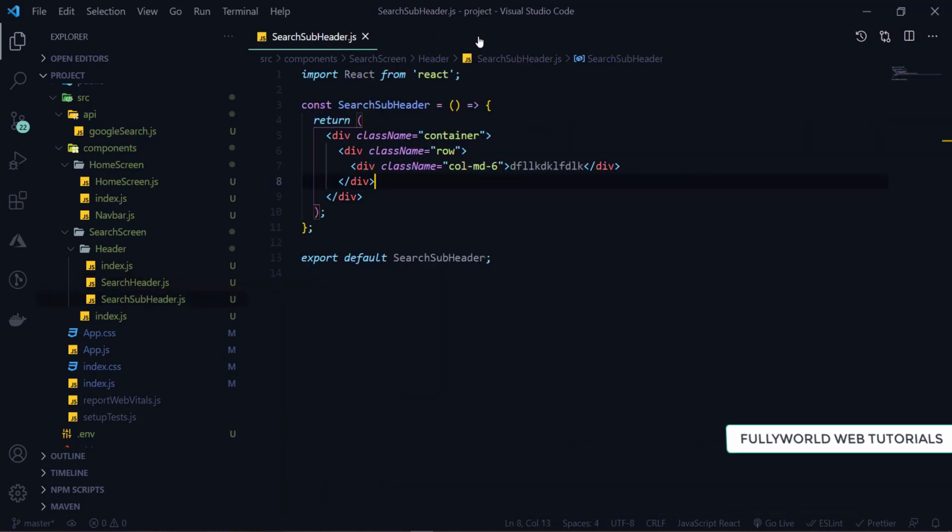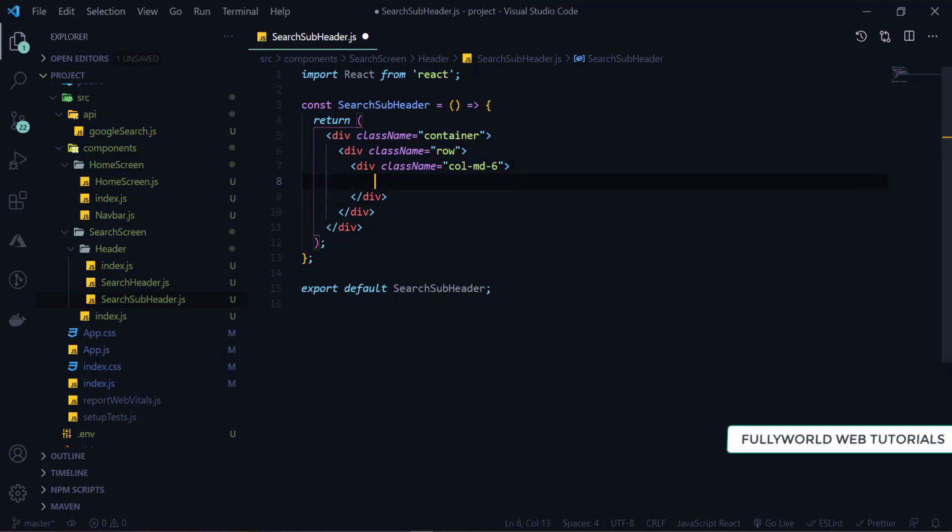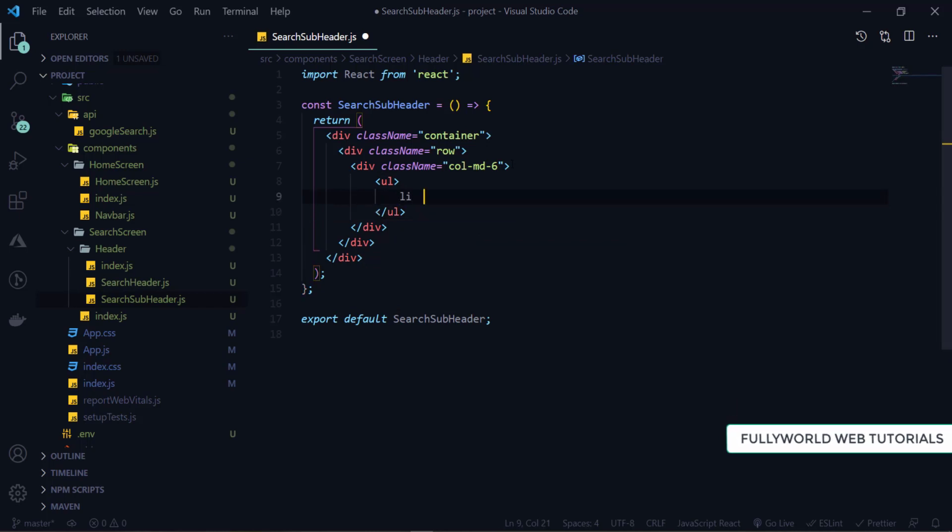So I'm going to close this now. Now let's apply our ul here. So here will be our ul, and it will be having our li. So li is there. ul class name is equal to nav item, and then there is class name again, and its class name will be nav link.